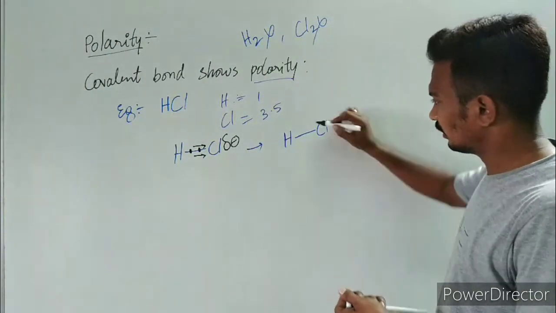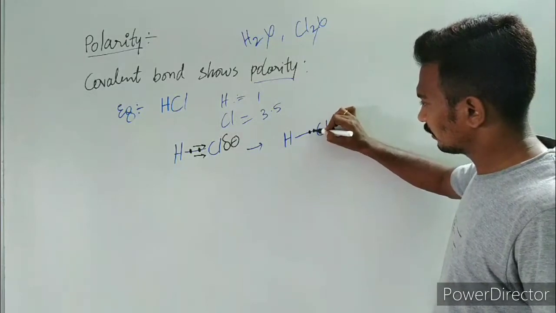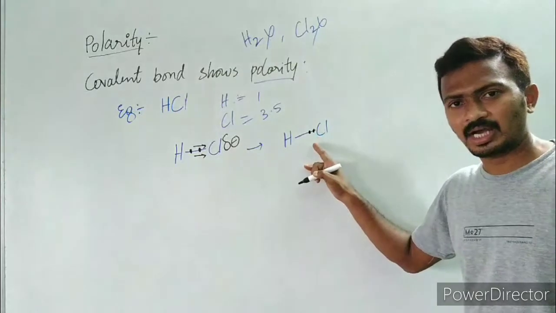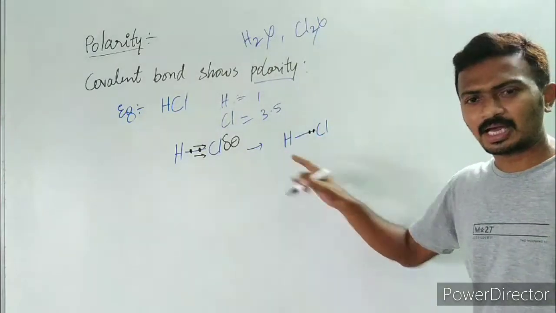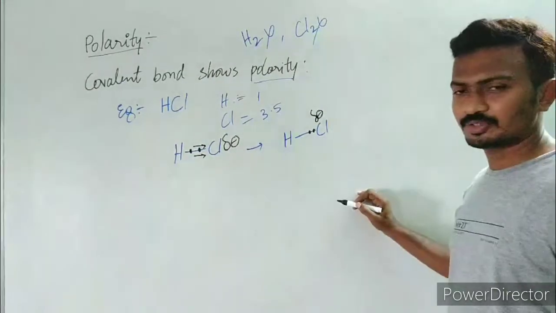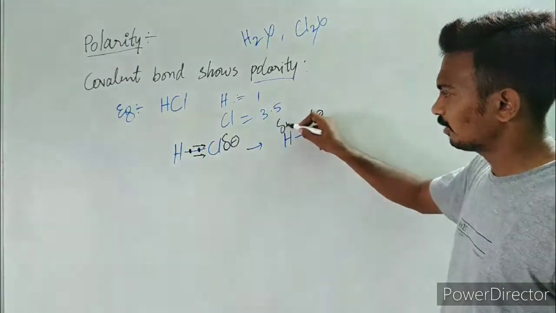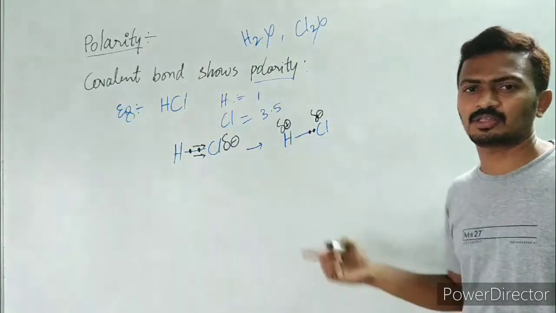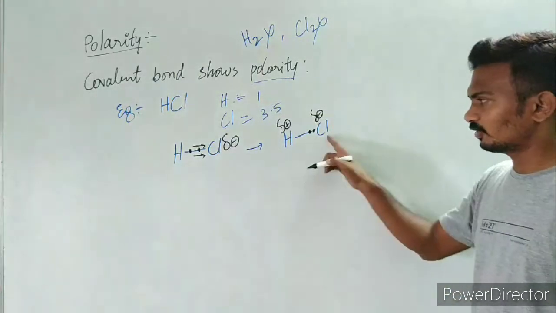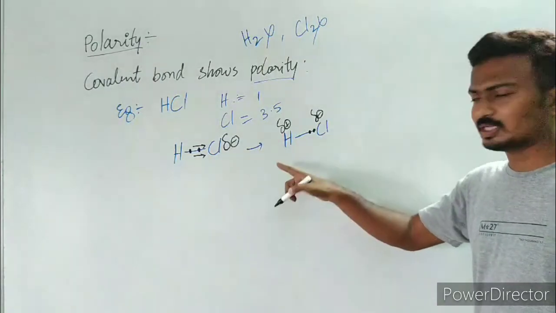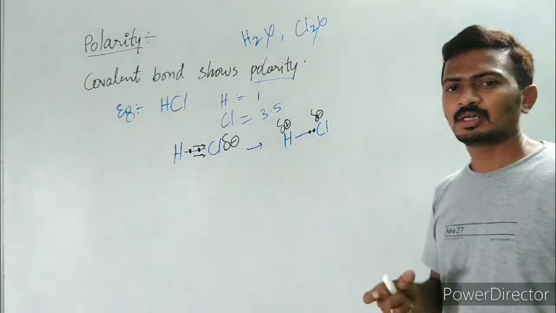The two electrons are closer to the chlorine atom, and they are away from hydrogen. So this chlorine atom will have a partial negative charge and this hydrogen has a partial positive charge. This separation of charges is known as what? Polarization, polarity. So in this way the separation of charge occurs,